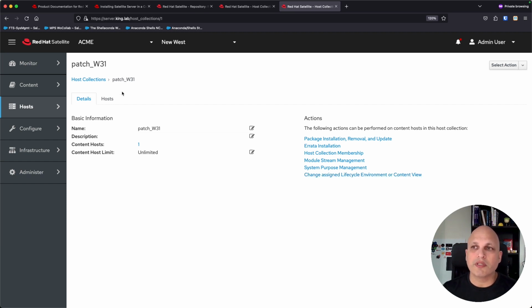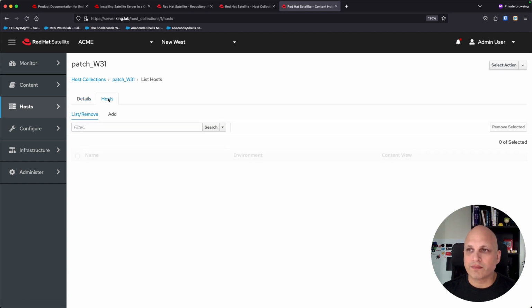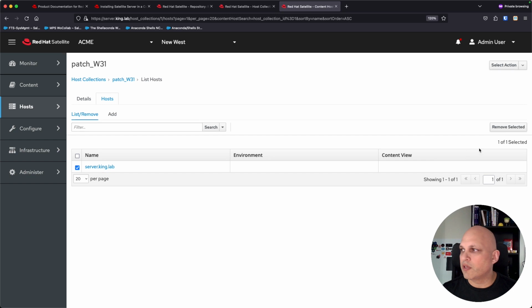So let's suppose this weekend 31st, I have a patch and I have to patch 100 servers, 1,000 servers, 10,000 servers. I can just hit this button and this process will be valid for all those servers. Okay, this is something that we can do with host collection. So let me remove this from here,